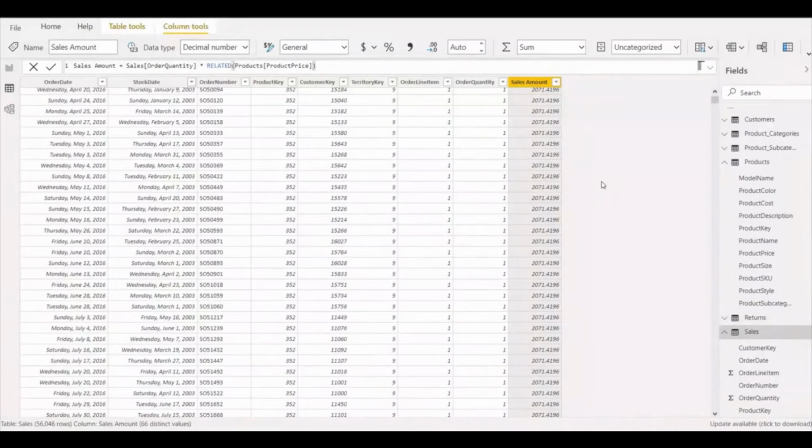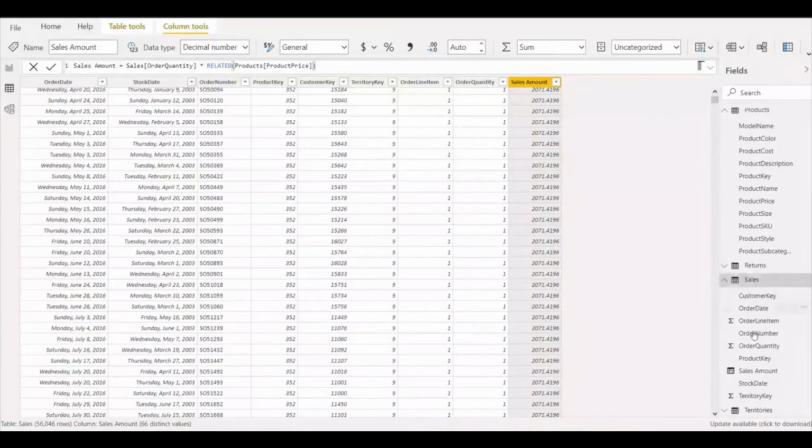Next, there's one important tip I want to give, friends. It's fairly easy to create a new column in your existing table, but each time you add a calculated column, you are increasing the size of the overall file. Why? Because it is calculating individual transactions and relating to that field, so the column is getting added into your Power BI file, into the table.